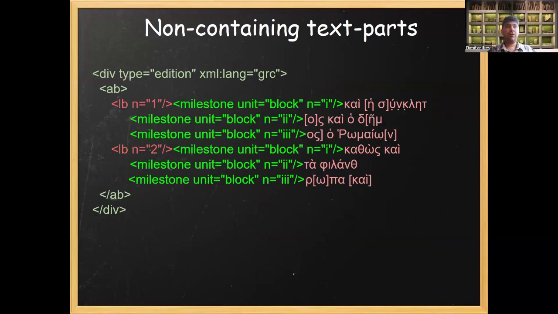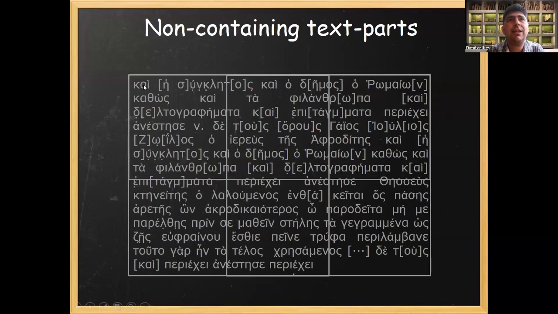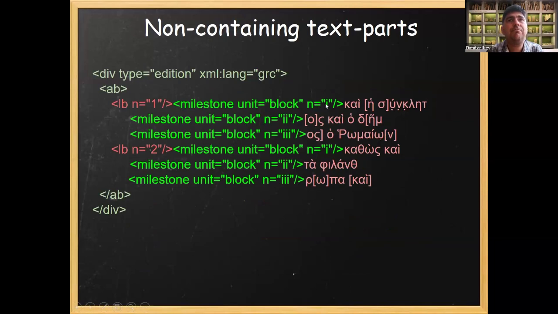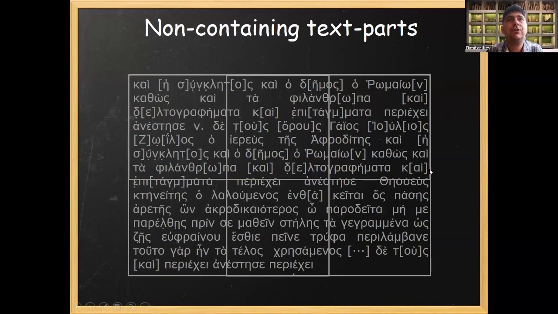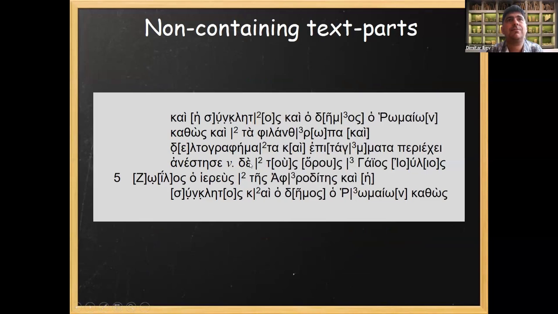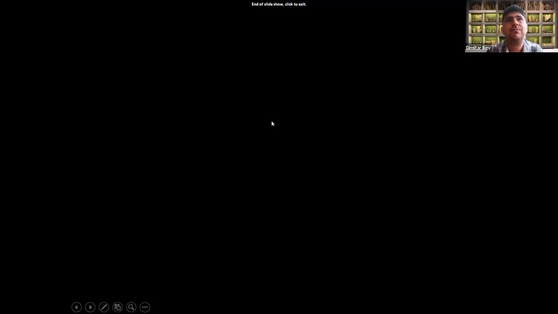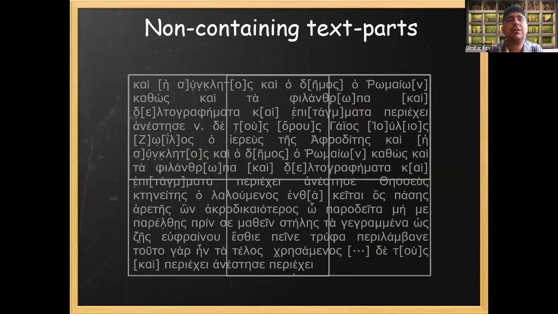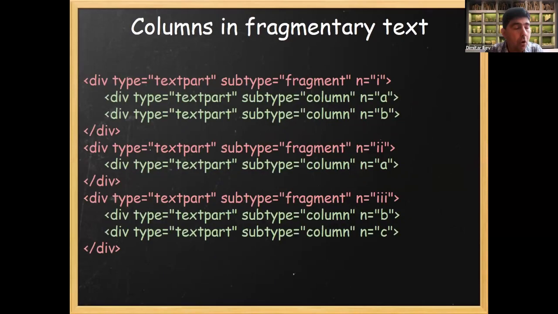Then, in this case, which is really, really complex, inside the lines of the inscription itself, so here you have some inscription in, let's say, 10 lines. You can put milestones, which would refer to the separate blocks of your inscription, if you believe that this is the case. And hopefully, if you make the visualization scenario, it will put the numbering of these milestones like this. But this is really the most complicated case that one will basically encounter in fragmented text, but I hope I have given you